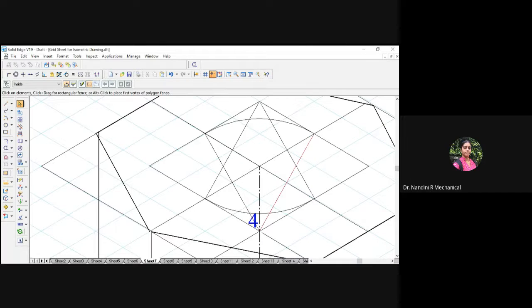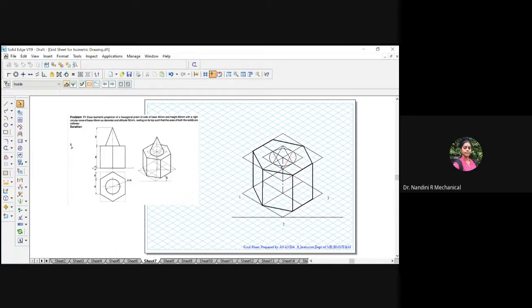So now you have the intersection here. The two lines are intersecting at this point. So you go for arc. Use one end of the compass here. Keep one end of the compass and the other end as a radius and just cut an arc. Similarly, go for arc by center point. One end of the compass here, the other end as the radius and cut an arc. So you got the base surface of the cone.